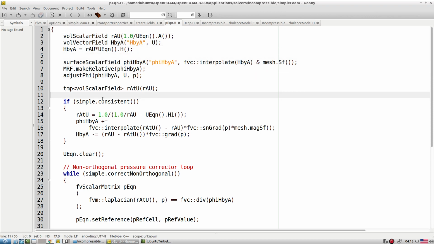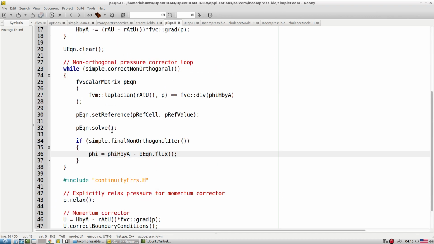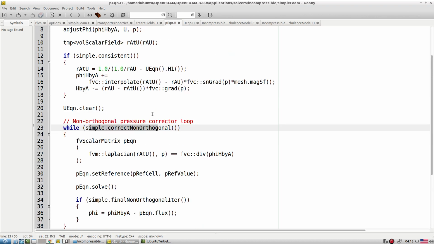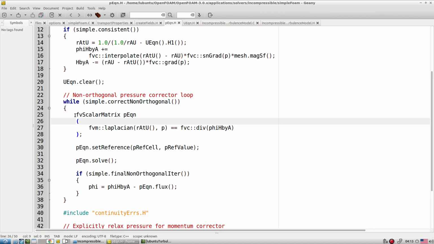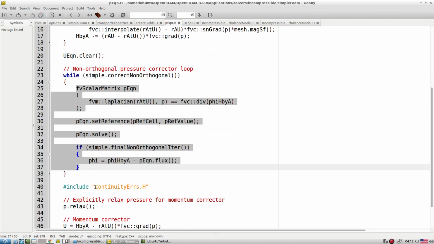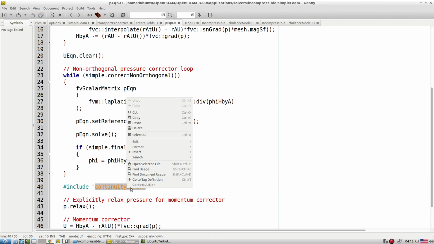Till now, please understand it this way: with the help of this pressure equation, we're going to solve the entire pressure correction equations. A few things: when we talk about the non-orthogonal corrections, at that point of time we are solving these pressure equations multiple times. Please check this. As many times as we have pressure corrections, that many times we're going to apply the pressure correction. That is how one can check this particular quantity, pressureContinuityErrs.H.